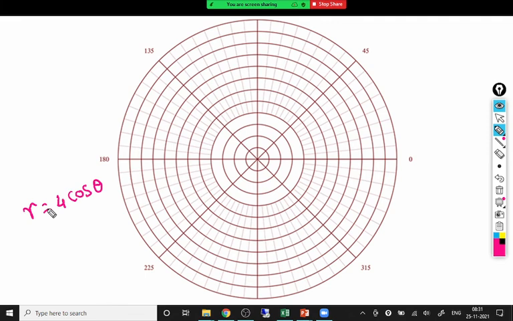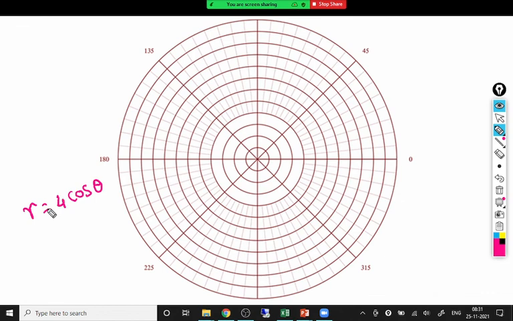When I said y square equal to x, everyone answered it is a right hand parabola. So if I say r equal to 4 cos theta, what will you think? You can try to plot it. Yes, we will plot it. Sir, will it be a circle? Yes, correct. The answer is a circle, but we will see how and why it is a circle, and you have to remember it just like the parabola.